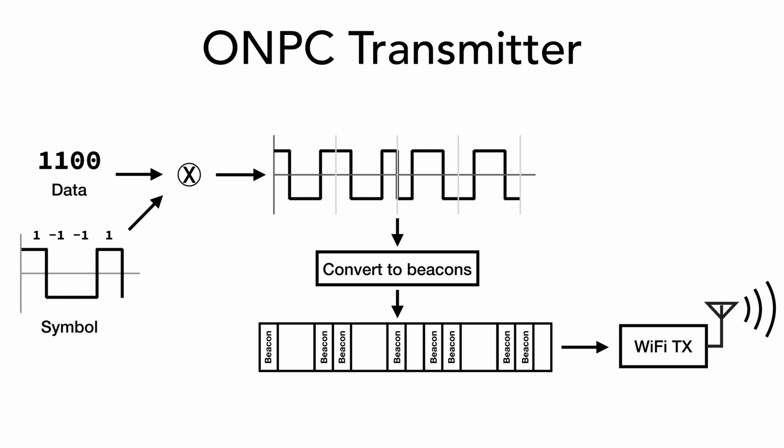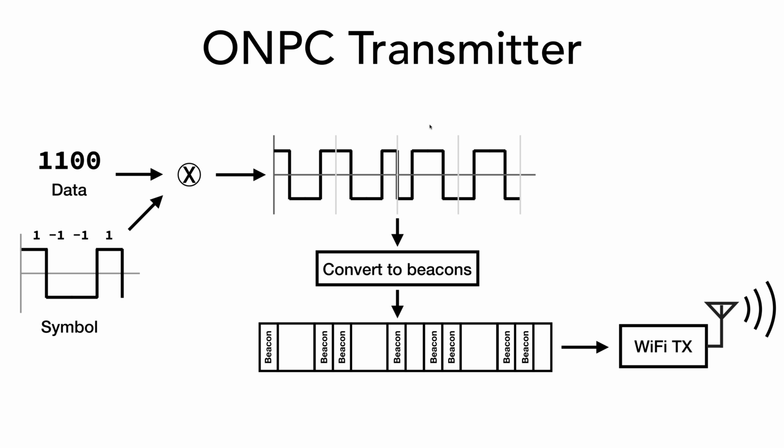So you take this data and you multiply it by your symbol. So you did this in the homework, right? So you're familiar with it. When it's a 1, you just keep the symbol as is. When it's a 0, you invert the symbol. So this is a common spread spectrum technique, direct sequence spread spectrum. And so you have this waveform now. And normally what you would do